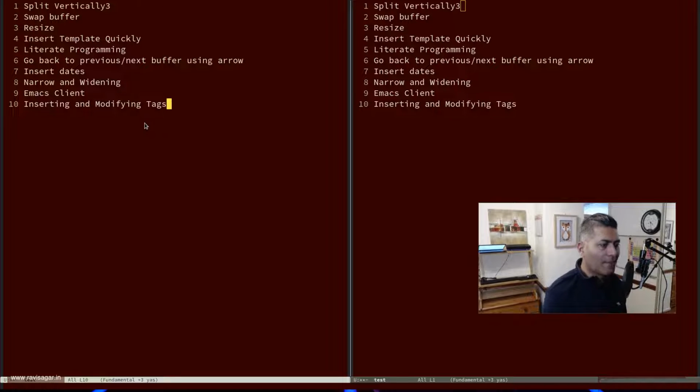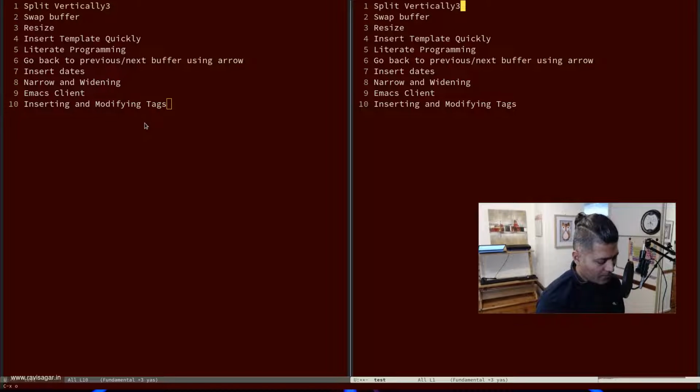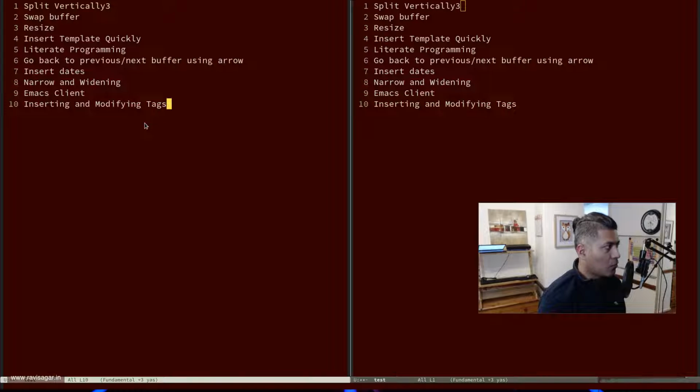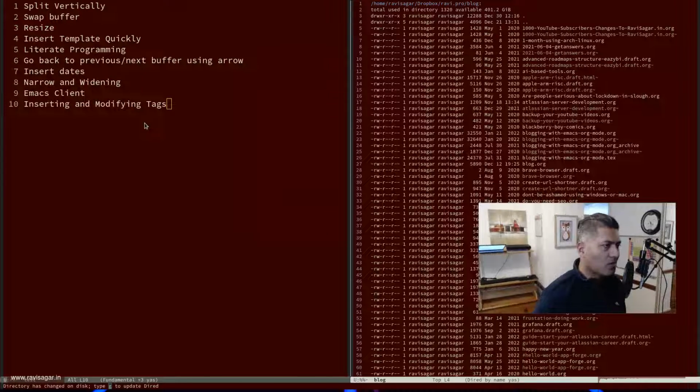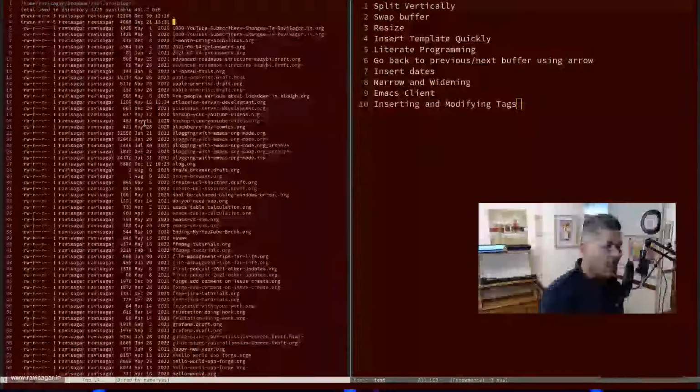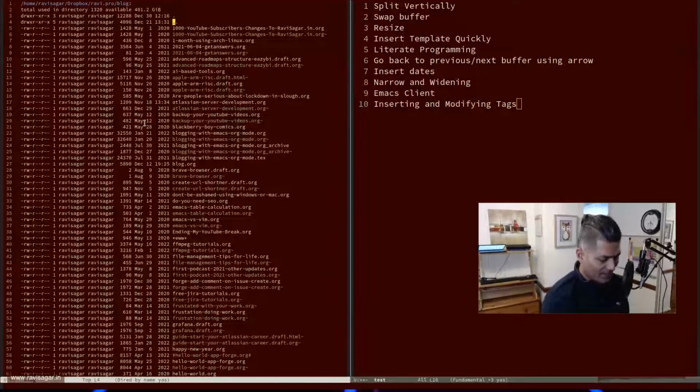But sometimes you also have to swap your buffer. For example, if on the left hand side I'm talking about this list, and I go to my next buffer, by the way you can do it using Ctrl X O. Ctrl X O will switch your focus, your cursor, from one buffer to the next one in the list. If I open something else here, let us say the list of all my blogs in the current directory, and I want it to be on the left hand side, I've done this manually. I think I made a video on this topic. If I press Ctrl X, Ctrl Enter, it will swap the buffer for me,